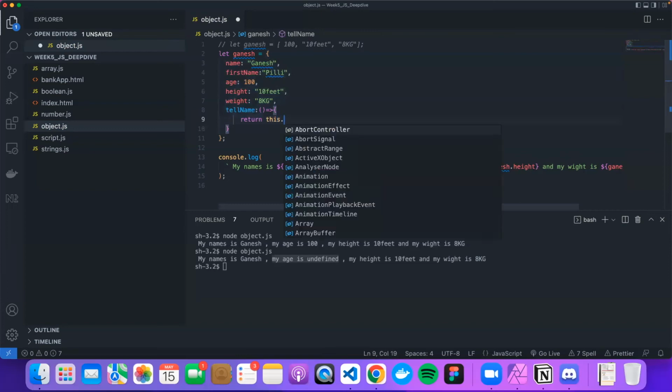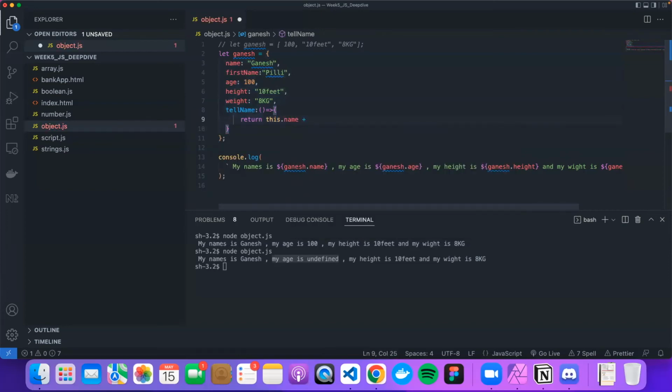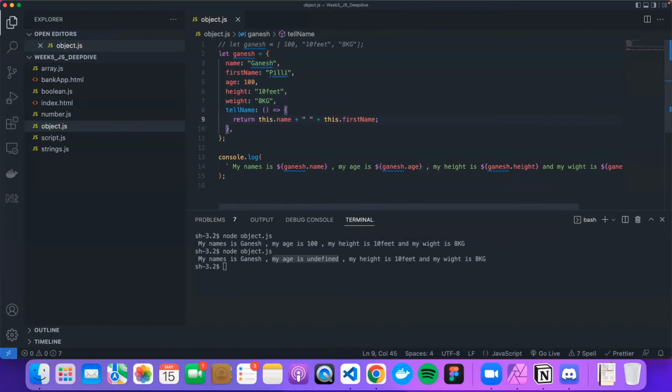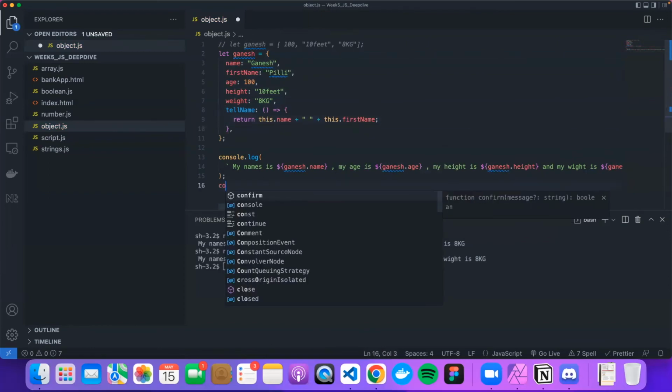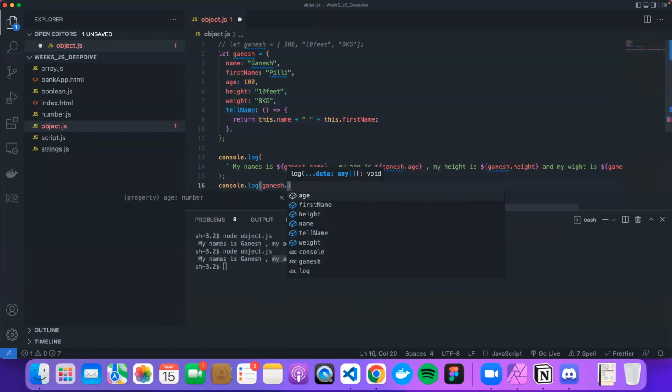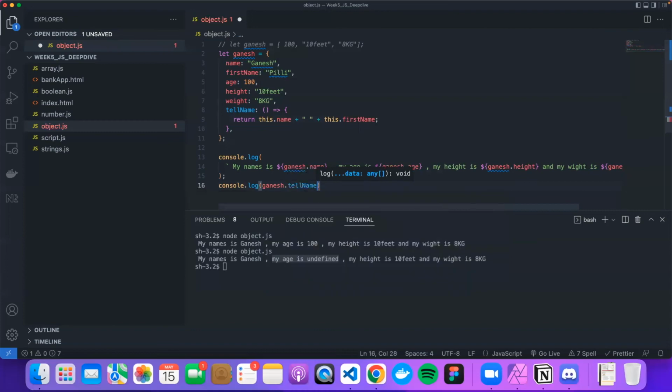So I can say this.name plus a space plus this.firstName. So now console.log Ganesh.tellName is a method and I call it. If I execute,